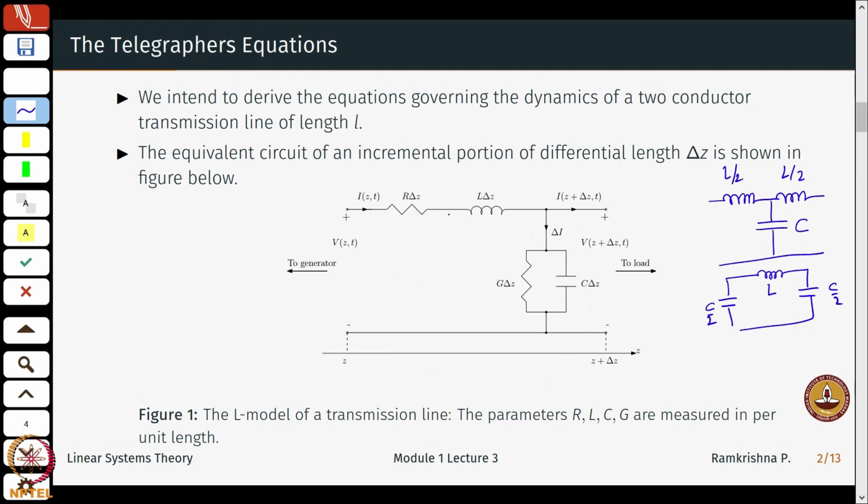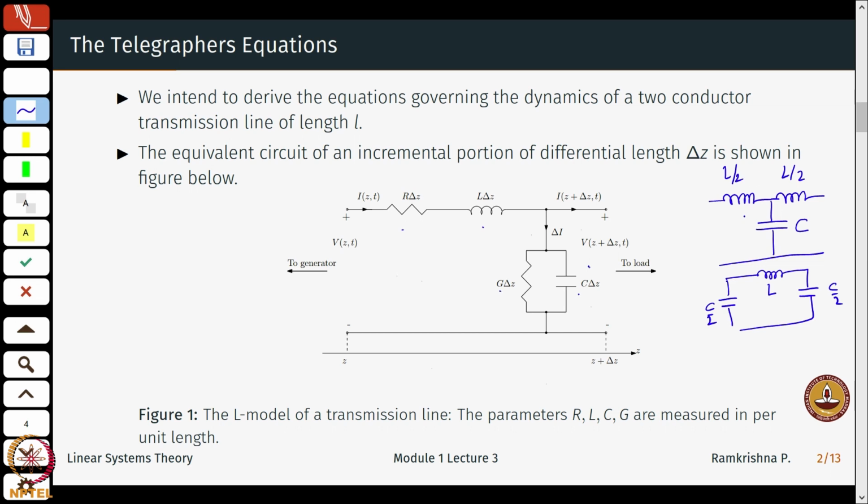So I just have R, L, G and C. Okay, what is the difference between having this model and what actually happens is that the resistance is distributed over the entire length of the transmission line. Say if it's a 5 meter line, the resistance from 0 to 2.5 might be different than the entire line, right. So you have these parameters R, L and C which are distributed over the entire line.